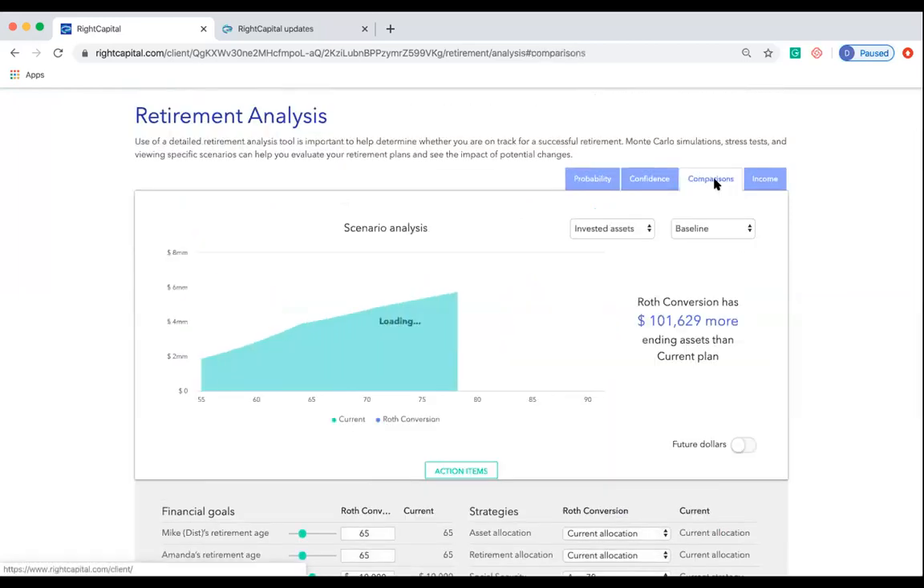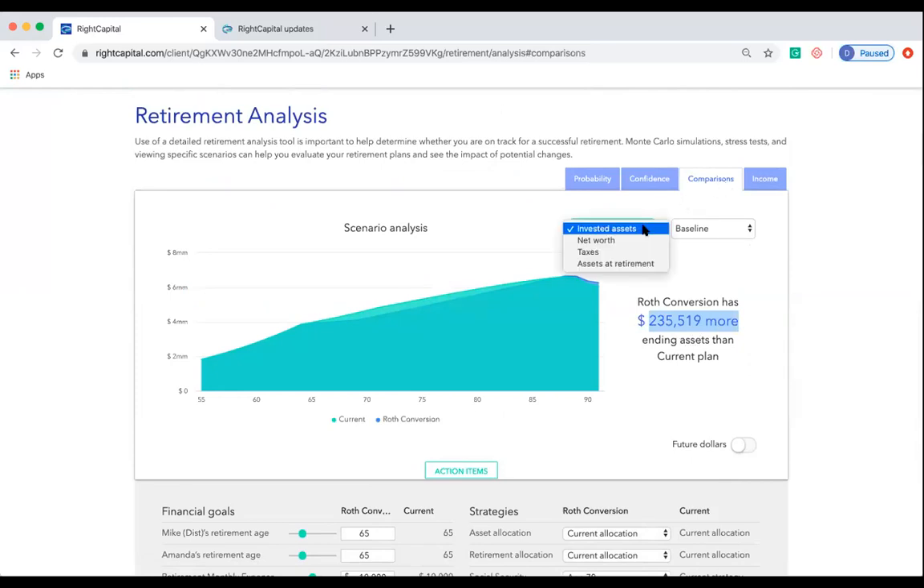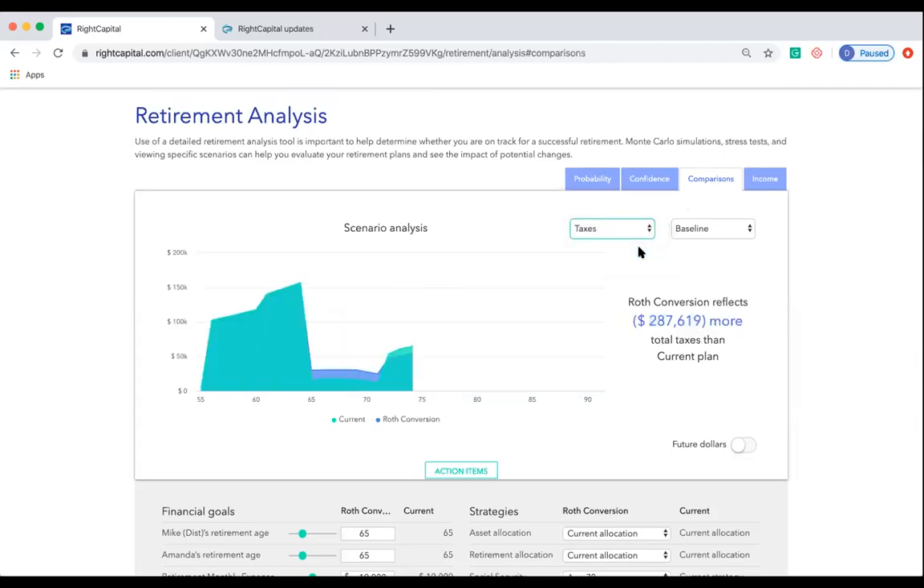Now, what we can then do is visualize what's going to be the impact of this plan. How much more in ending investable assets will I be able to see? This comparisons tab is also going to illustrate how much more in taxes am I going to pay in the years where those Roth conversions are occurring? And then how much less in taxes am I going to pay in RMDs and overall? So this particular Roth conversion strategy where we're filling up that 12% tax bracket is actually going to show $287,000